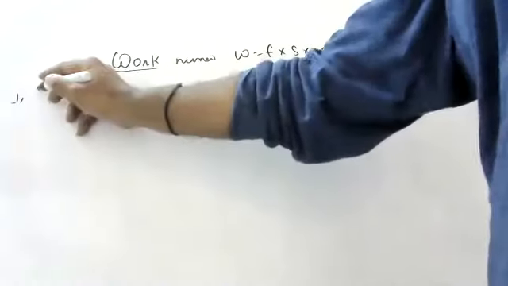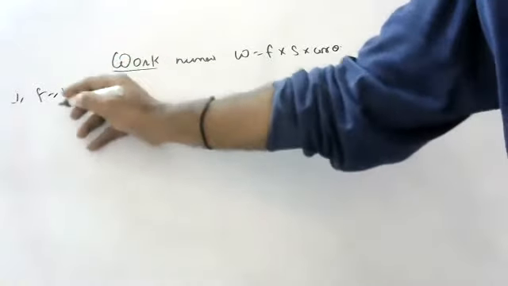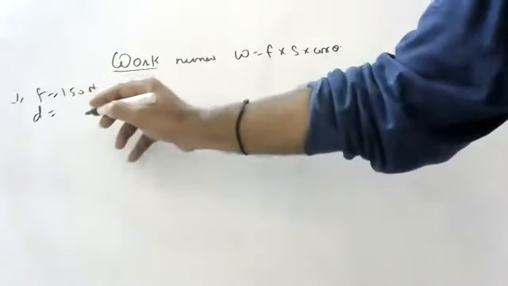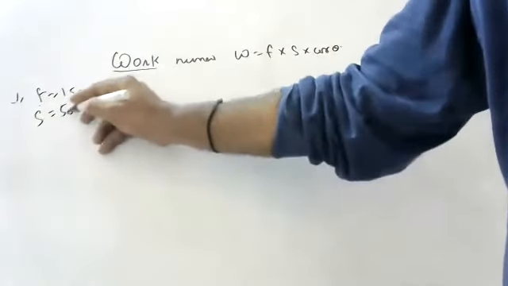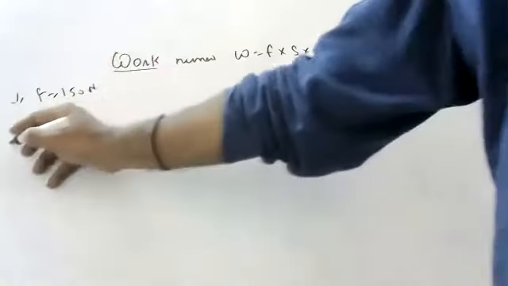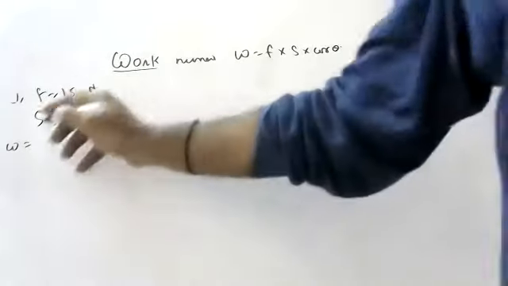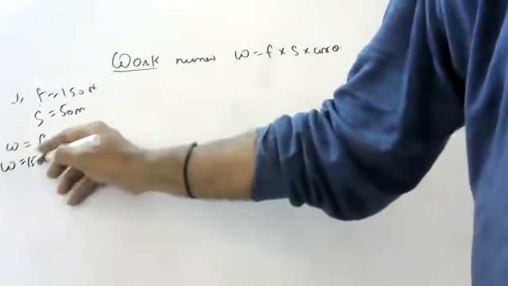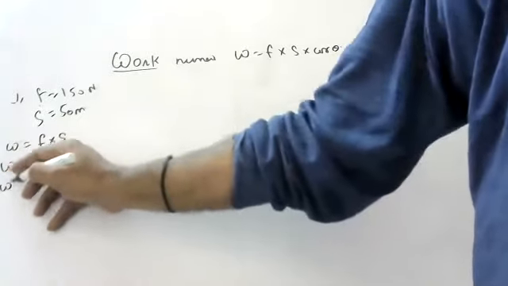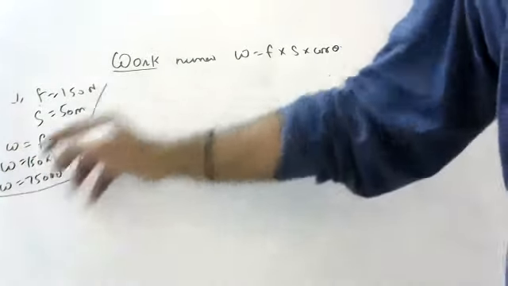The force acting is 150 Newton. With this force, it went to a distance of 50 meters. What is the work done? What is the formula, children? Easy now. Directly F into S. So work is equal to 150 into 50, that is work is equal to 7500 joules. Direct question, children. This is okay.